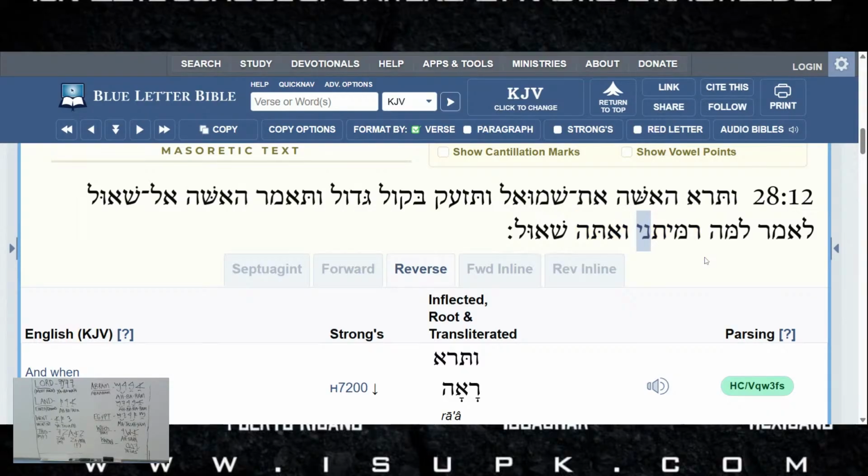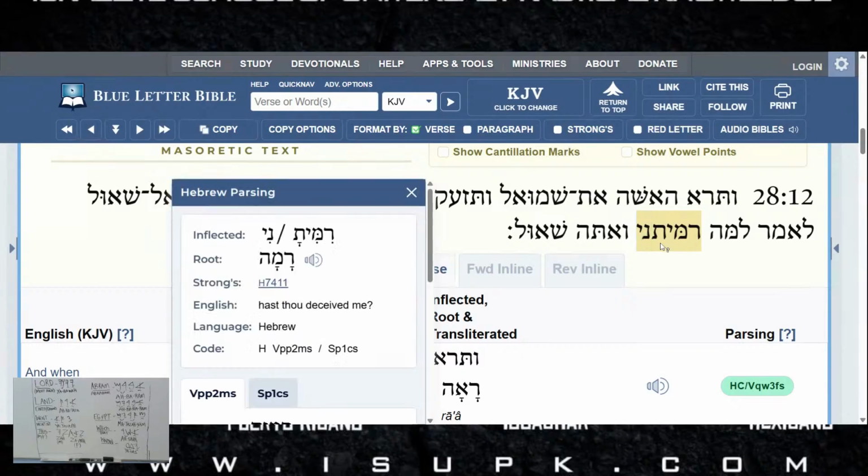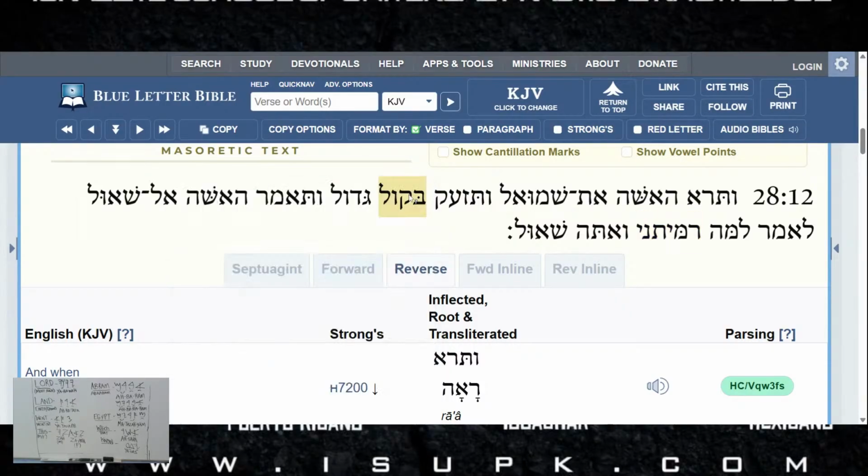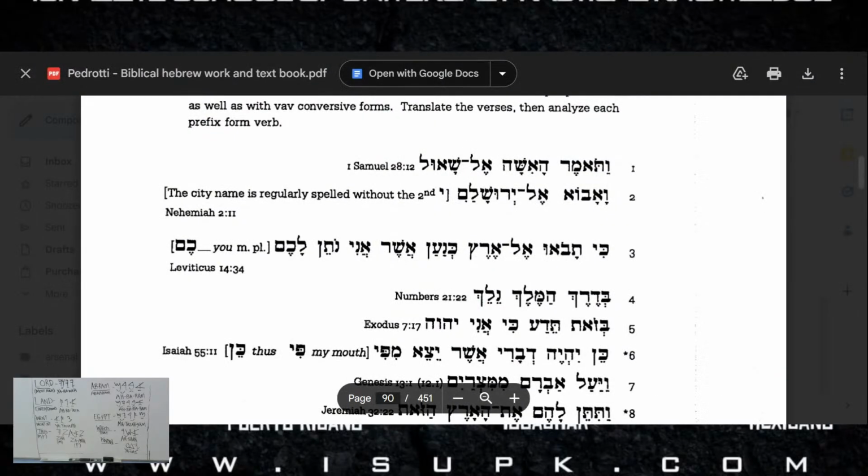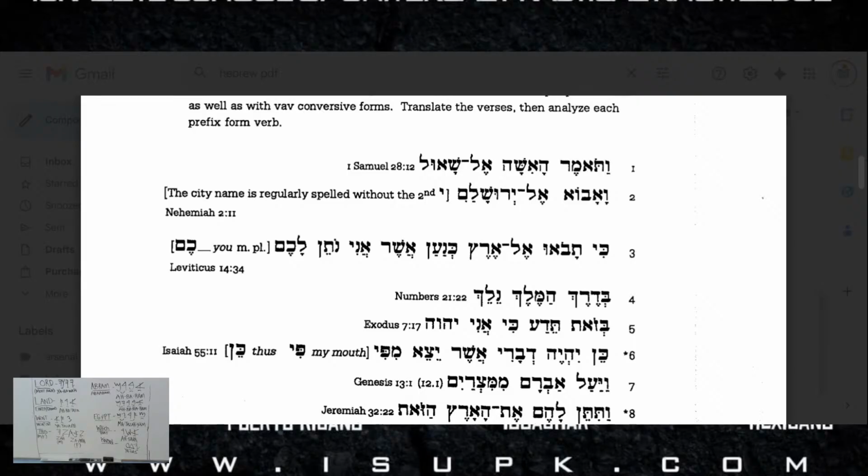Okay, Ramayath Naya, and it is used as "Thou has deceived me." Okay, and it just has Naya at the end. I forget what Naya is used as when it's on the end of a root word. Man, it's right on the tip of my tongue. I cannot remember what it's used as. But let's keep going because they're only asking us to translate what of this verse. They're asking us to translate the beginning.